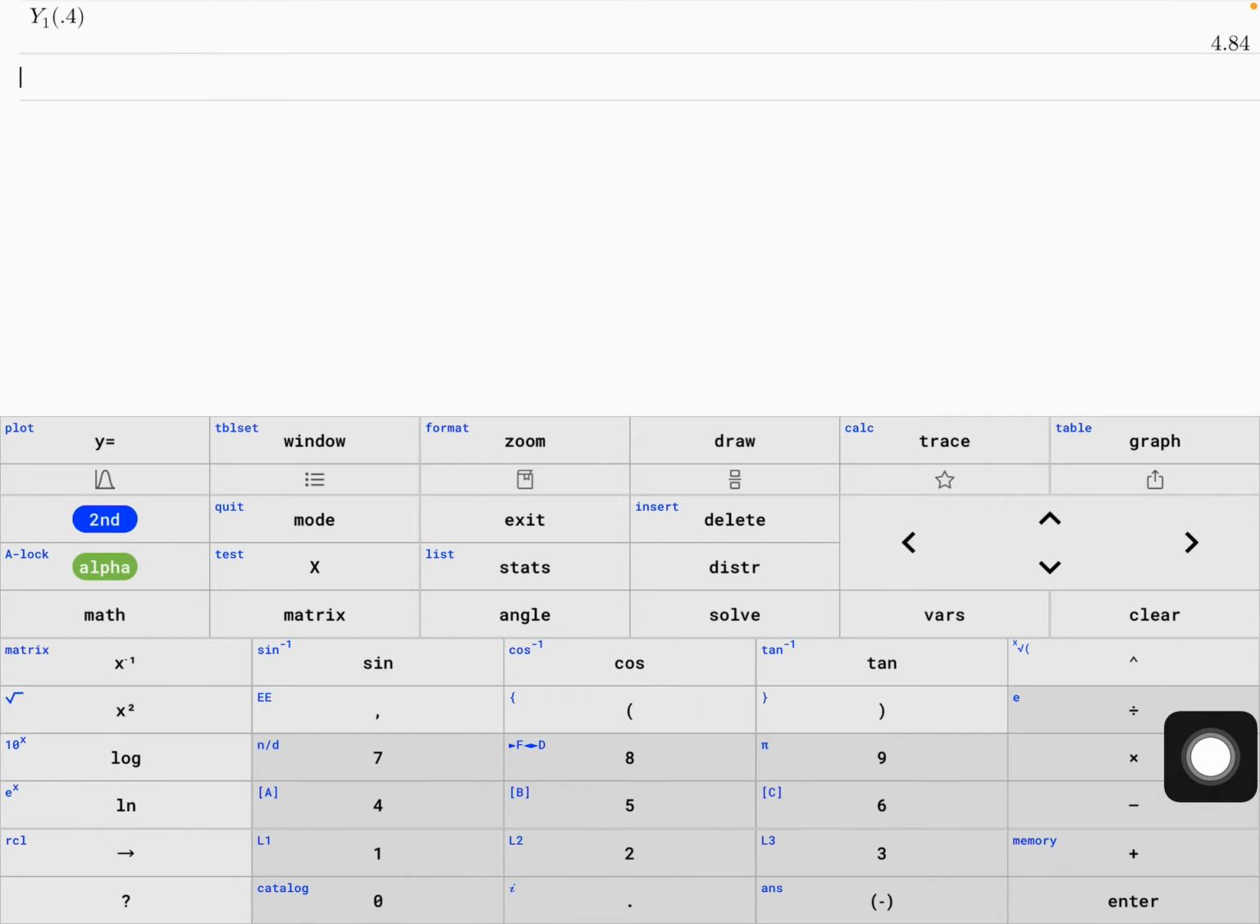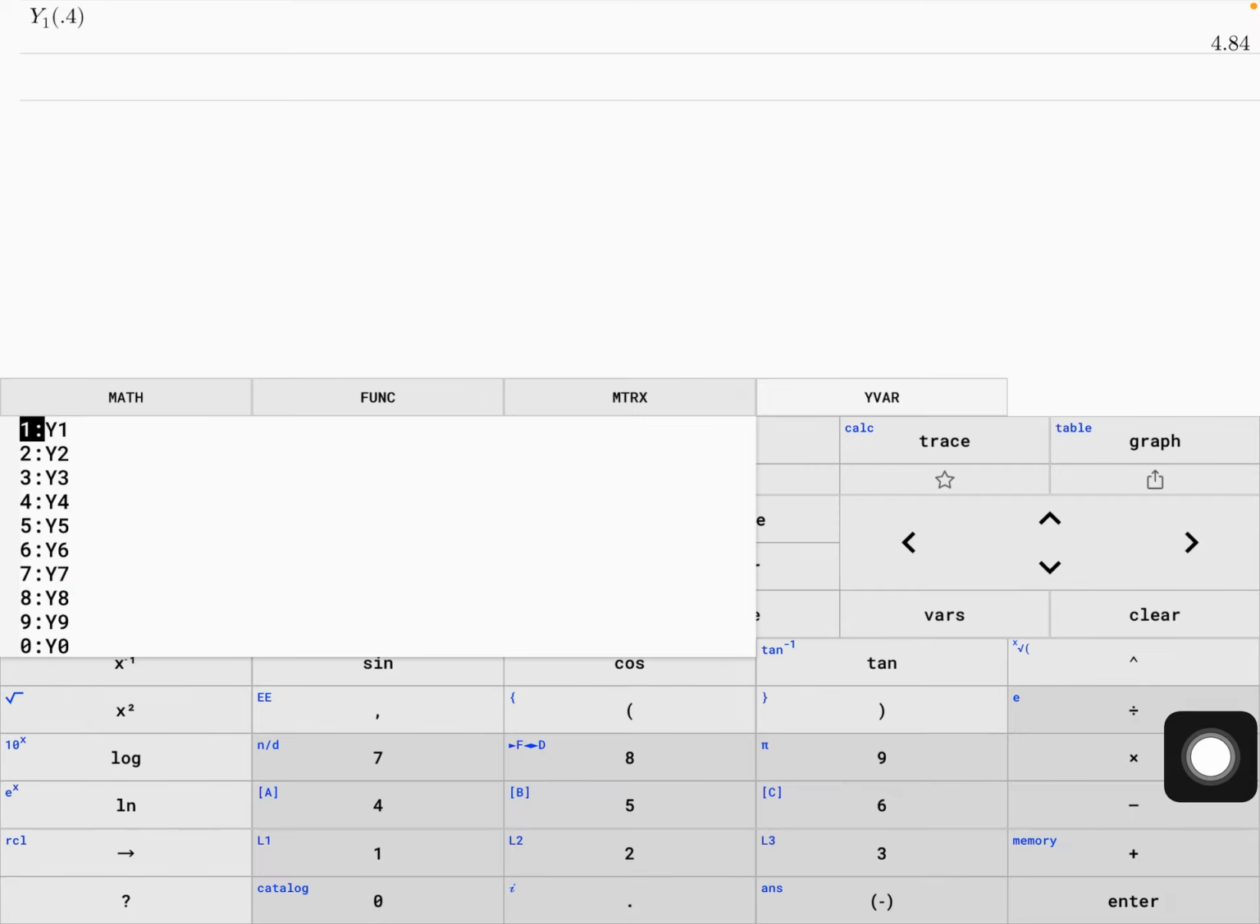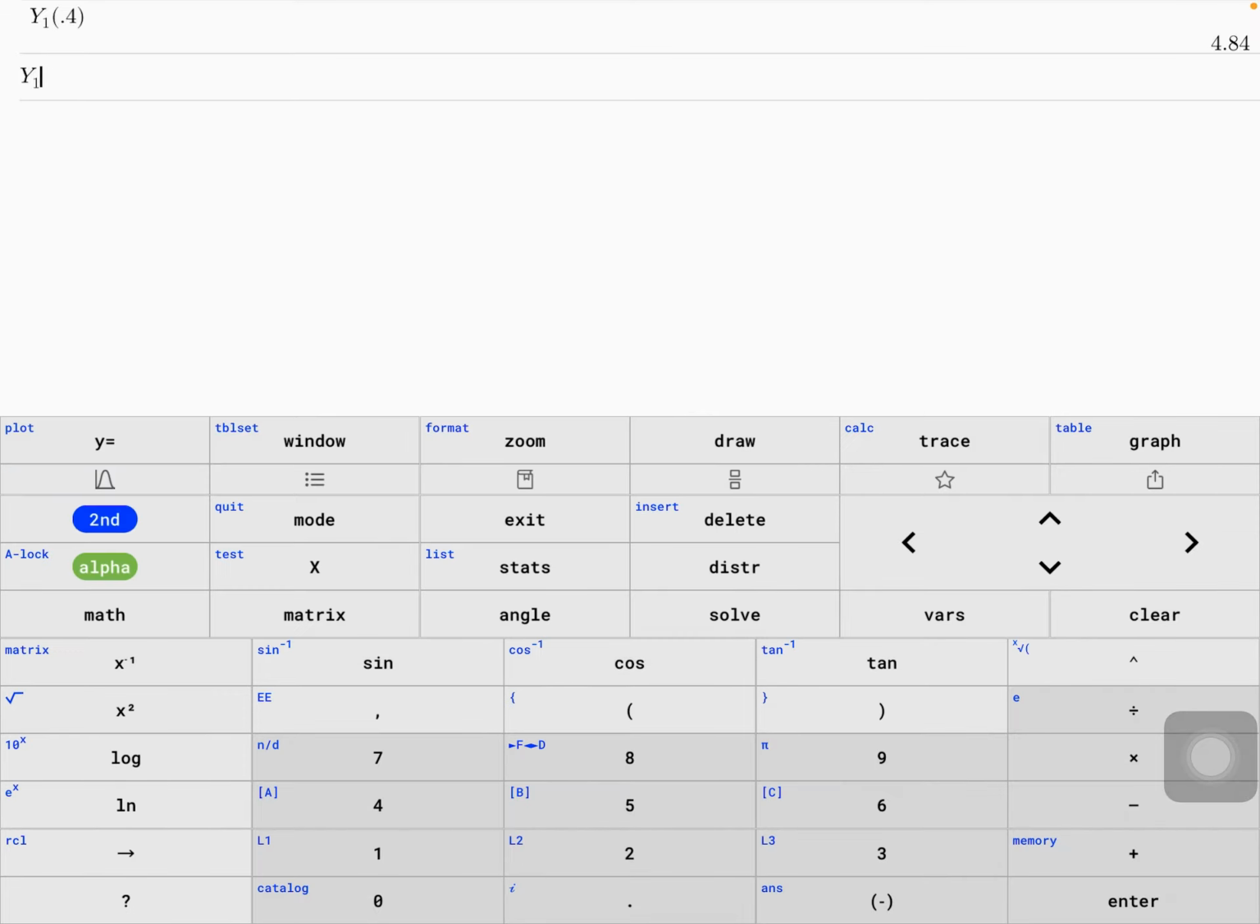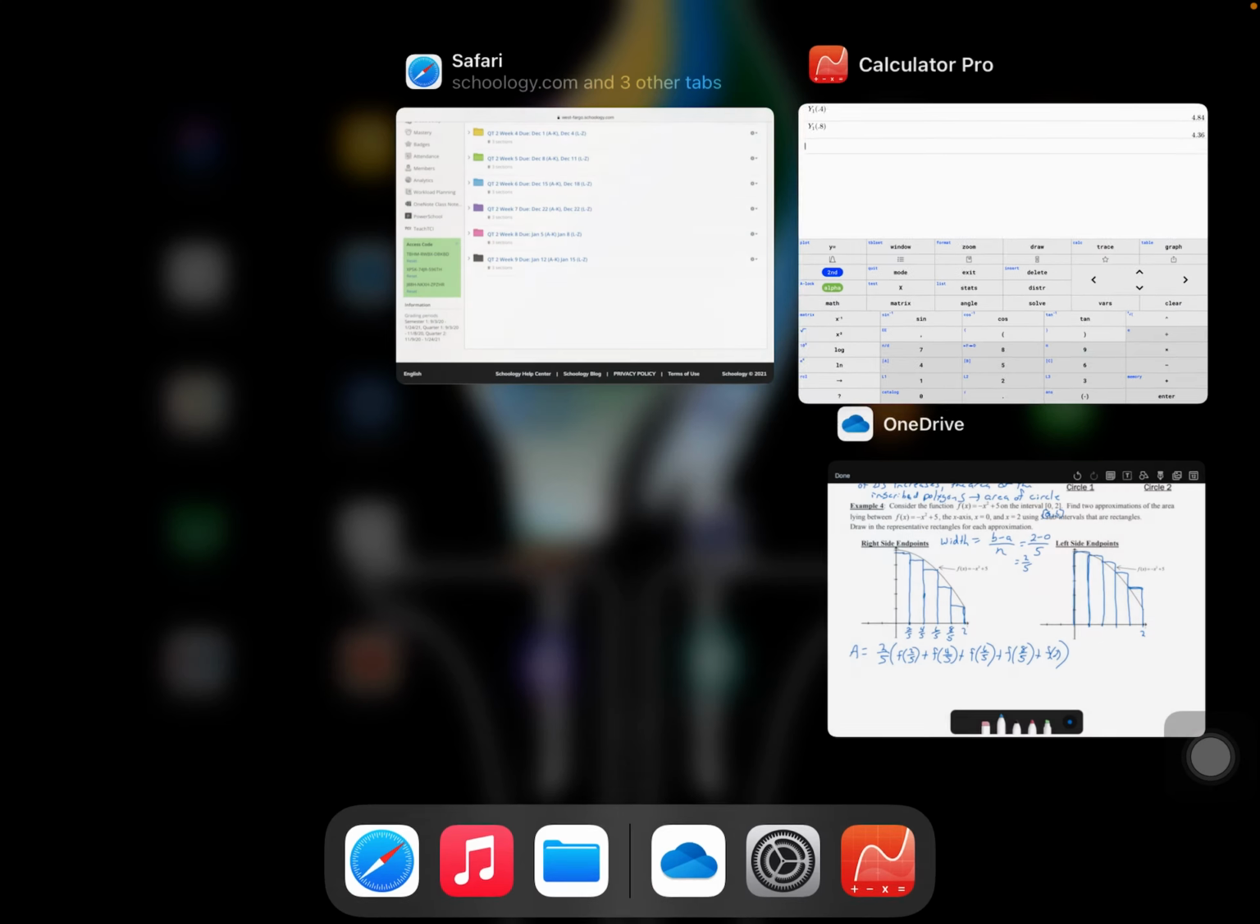Okay, and then I could continue on alpha F4. That y1, and then I can do my next one, which is 4/5, which is 0.8. So I can type in a 0.8. Y sub 1 of 0.8 is 4.36, and then I'm just going to add up each of those function values